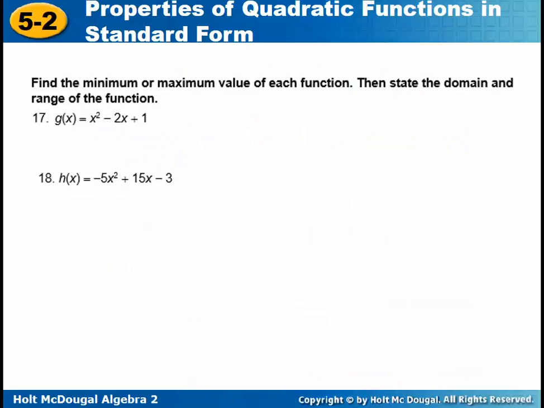You're going to do this for 2 problems. Let's look at number 18. It opens downward, so I know that it's going to have a maximum. In 17, it opens upward, so it's going to have a minimum. In order to find what that minimum or maximum is, you need to know what the vertex is. And at the beginning part of your worksheet, you looked at finding the vertex. So the x-coordinate of the vertex is